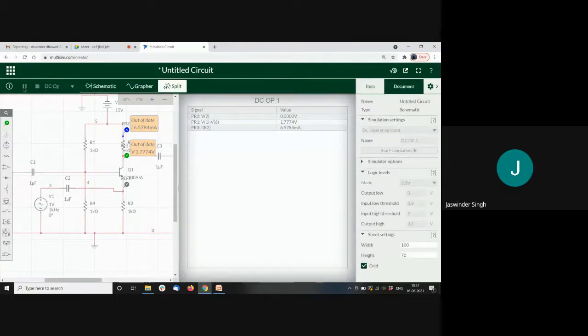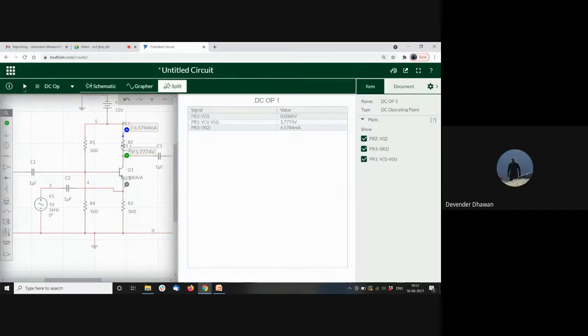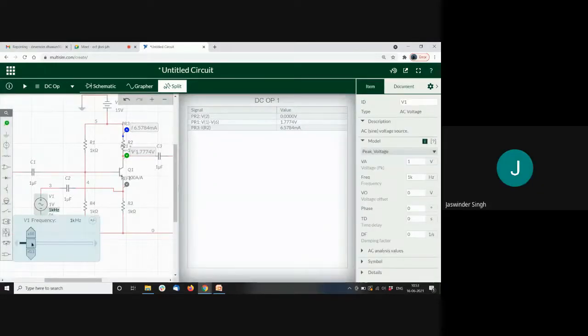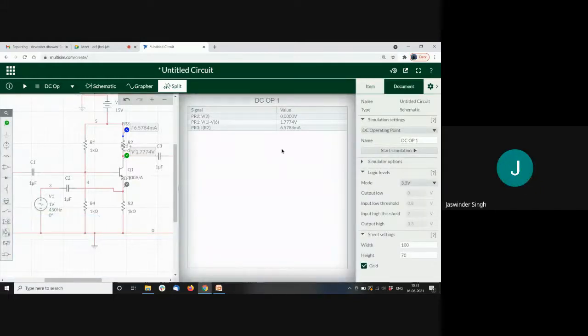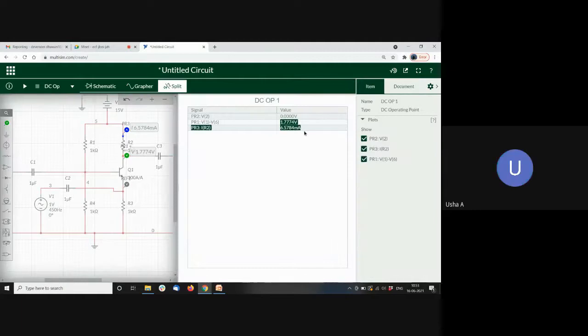Okay, so if I run it now, there's no change. There's no change now. You can see. Okay, sir. Thank you. So that has to be done manually in that case. Manually, okay. You have, sir, to record the data and then do it on a graph.